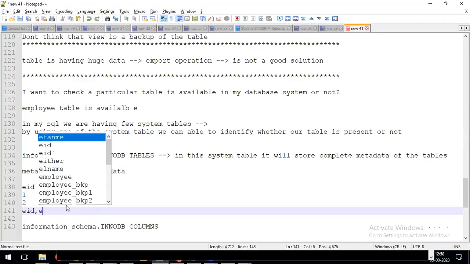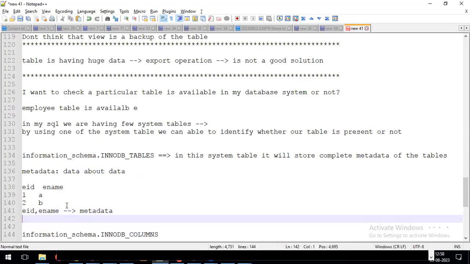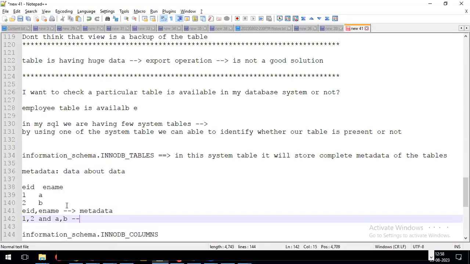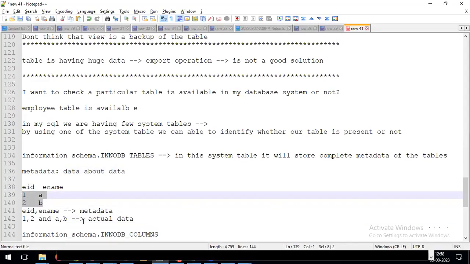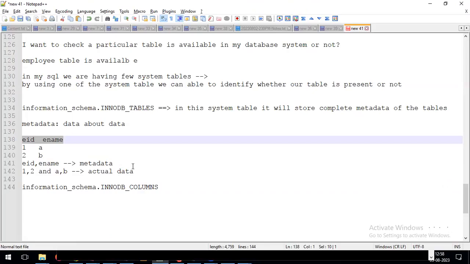here EID comma ENAME we can call metadata. And 1, 2 and A comma B, what can we call them? This is nothing but our actual data. So metadata is nothing but data about the data, and in this example 1A comma 2B we can call actual data. To understand this data, we are given the column names, which we can call metadata. Now what I'm telling here, in this system table, it is going to store the metadata of the